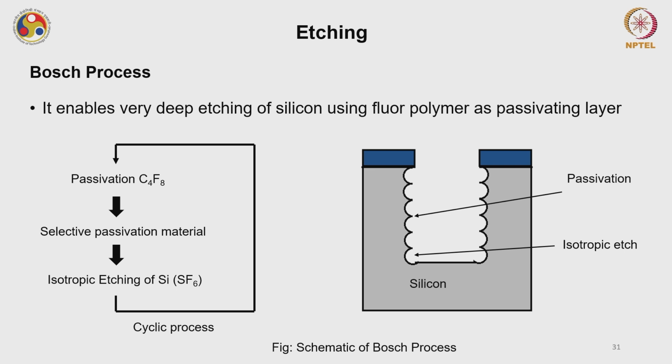Okay, so it enables very deep etching of silicon using fluoropolymer as a passivating layer, and it uses a cyclic process. So in very brief, what is etching in the fabrication of these microsensors and nanosensors? Once we understand the etching, we should also know the doping of silicon or some other material,